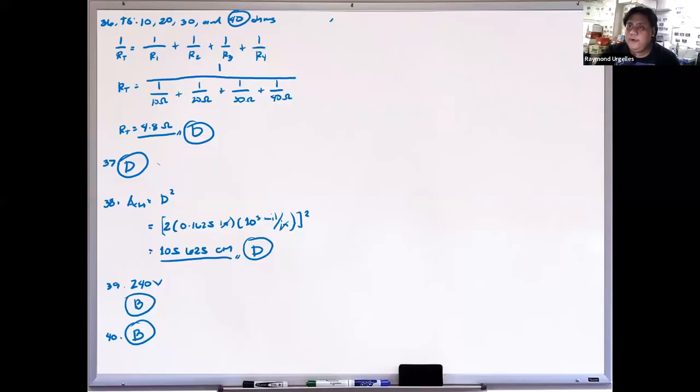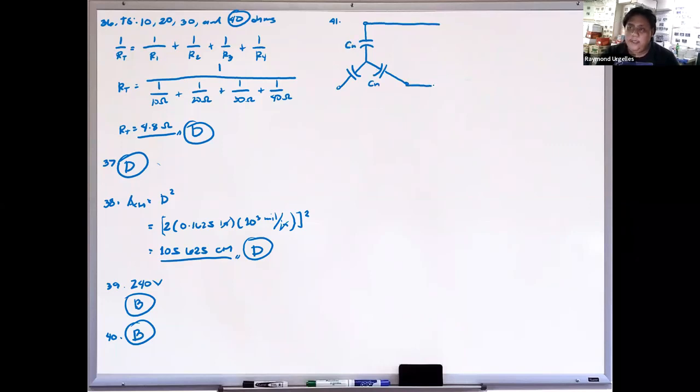So next number, 41. Again, remember for a 3-core cable, this is in your discussion in power system. So this is the equivalent circuit in terms of capacitance. We have the capacitance to neutral, diba? Okay, and based on our discussion last time,